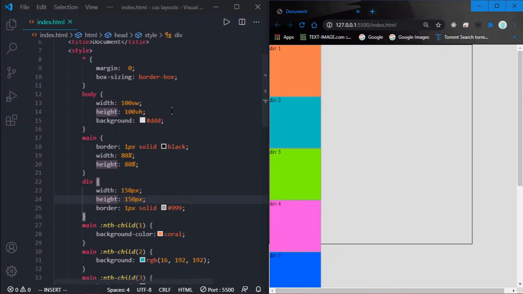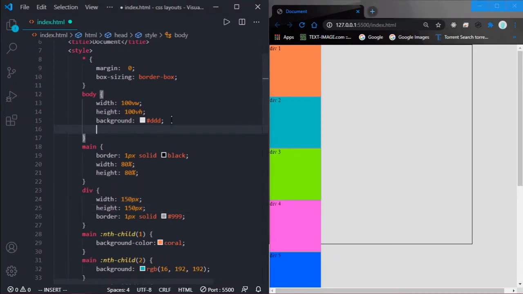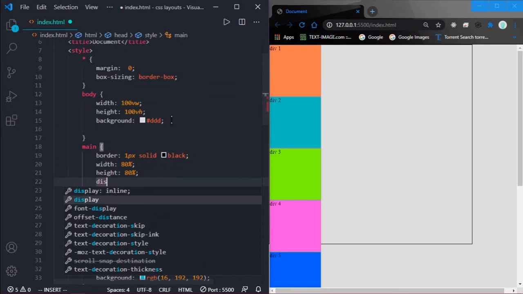And for that there is a very powerful display type which acts as a 2D display, which is called grid. So for main we will have a display called grid,